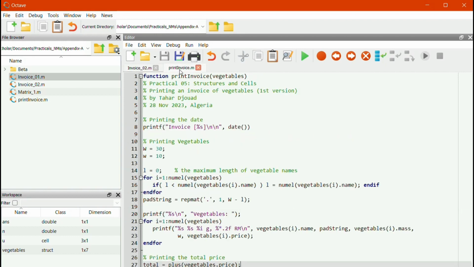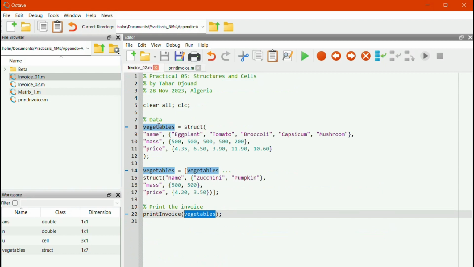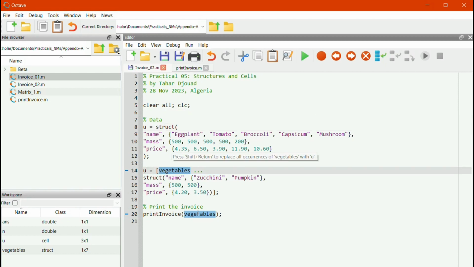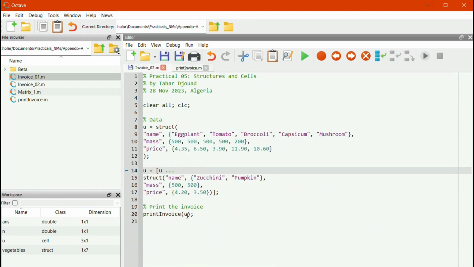But here is called the parameter. They are different. The vegetables here is not the vegetables here. Here you can call it U, for example. You can call it the name you want. It will take this value, the content of U, and it will copy it here. It will copy it to vegetables. So this is called parameter, and this is called an argument. There are two different